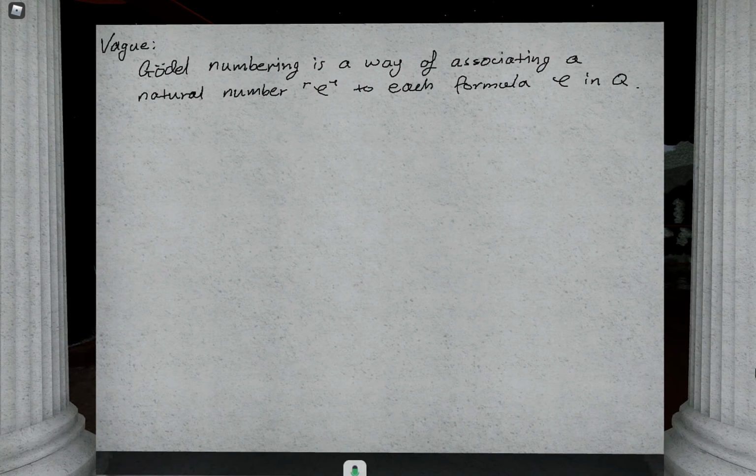And I'll introduce a little bit of notation as well. I'm about to write down the proposition, but in the following I will write n underline for the term in Q associated to the natural number n.